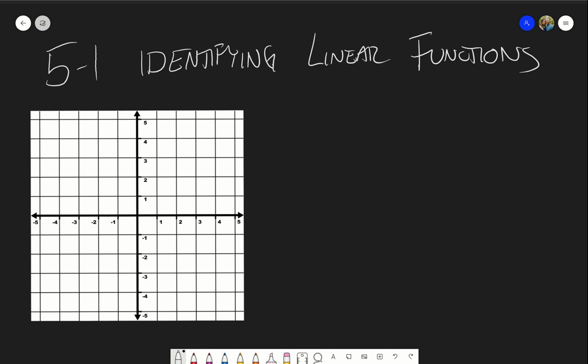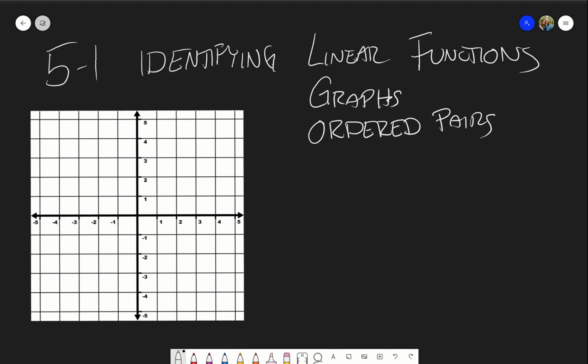Let's talk about how we see them in graphs, in ordered pairs, and in equations. So we're going to talk about these three things and how to identify if any of these things create a